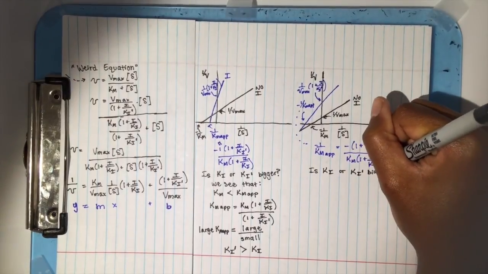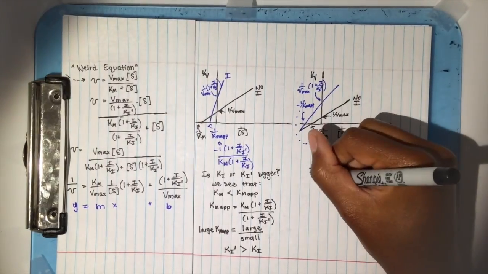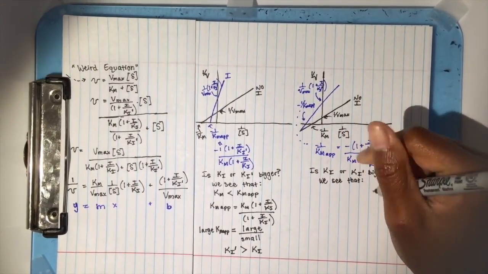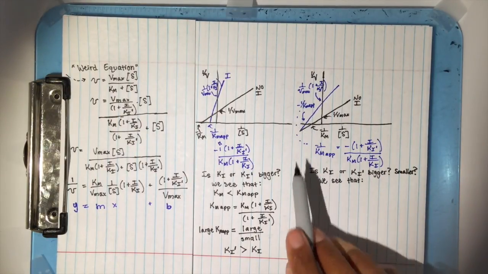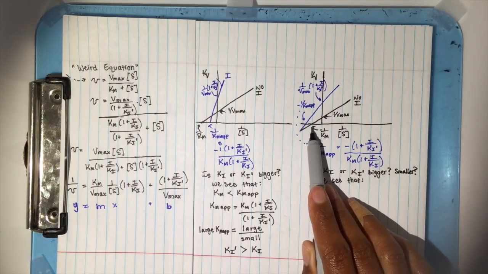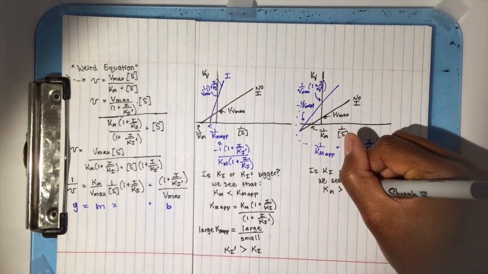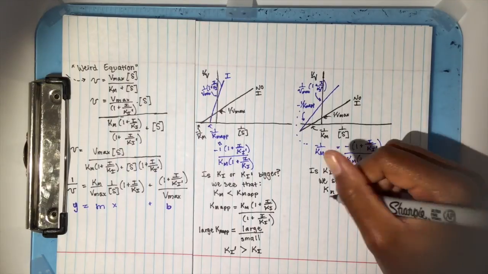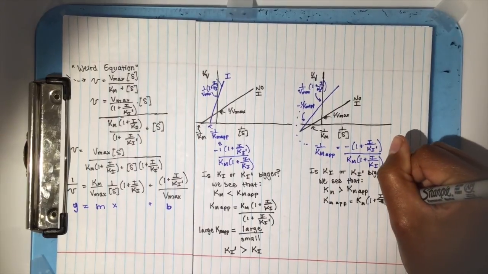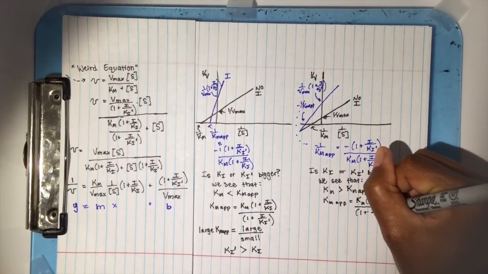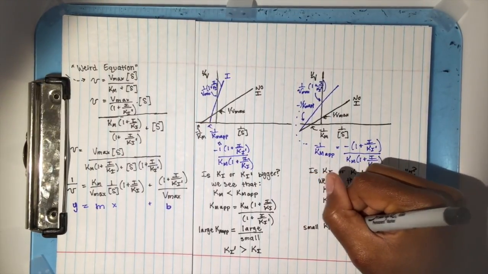And so let's say we also want to figure out, is Ki bigger or smaller than Ki prime? And again, we see from the graph that Km is larger than Kmap, due to the fact that negative 1 over Km, the inverse, is smaller than negative 1 over Kmap. So Km is greater than Kmap, and we know that Kmap is equal to Km times 1 plus I over Ki, which is over 1 plus I over Ki prime. And so we have a small Kmap,